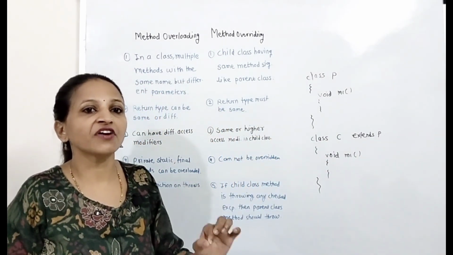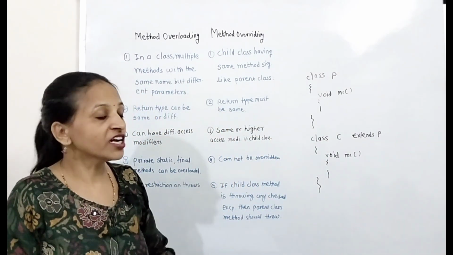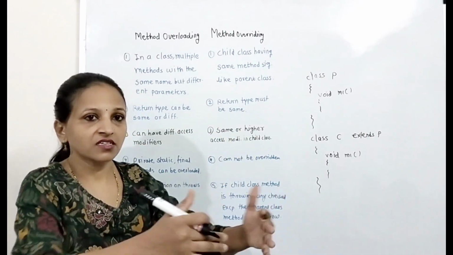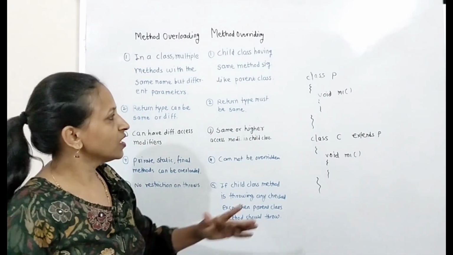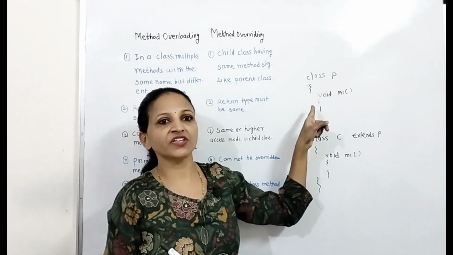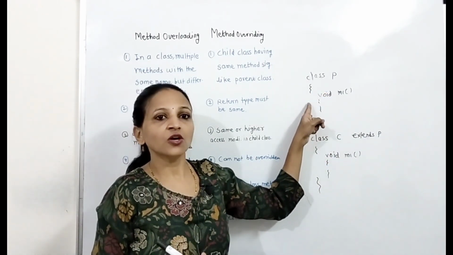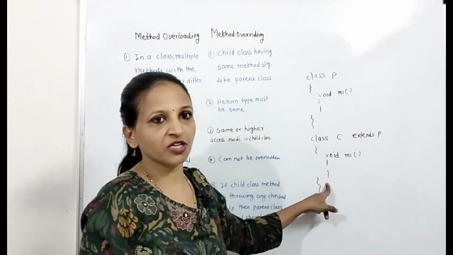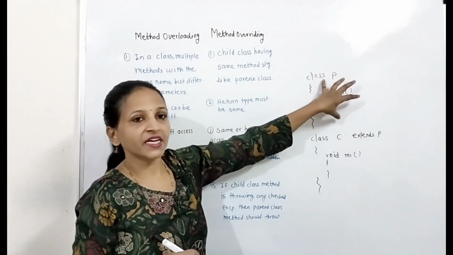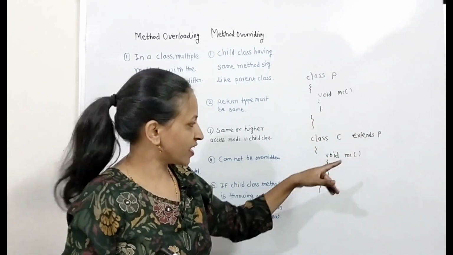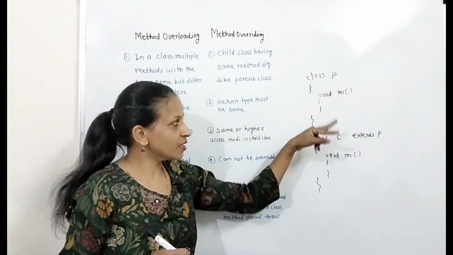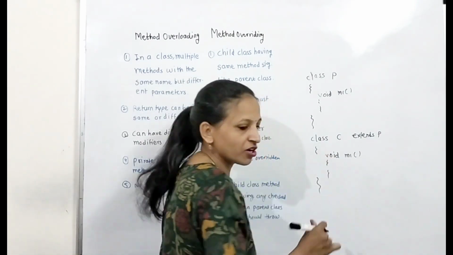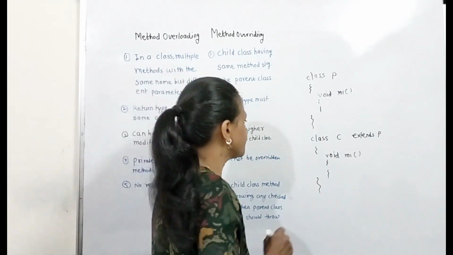Compulsory, the access modifier should be the same, or the child class should have a higher access modifier. Means what? See, this base class has this m1 method with the default access modifier. Currently both have the same access modifiers, but suppose this parent class method has the default access modifier, and inside a child class the same method we are redefining and it has a higher access modifier, like public suppose,